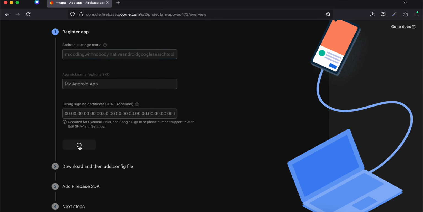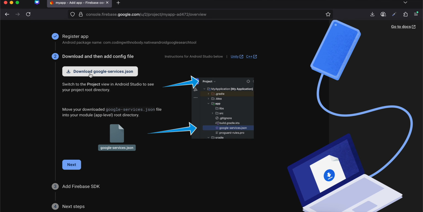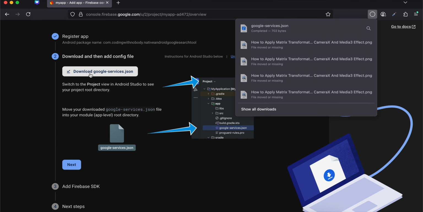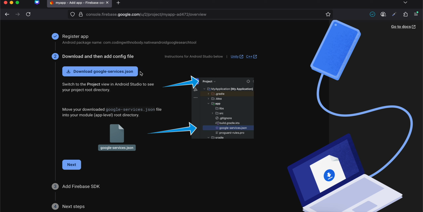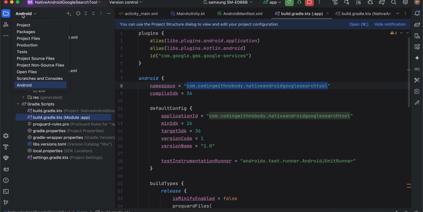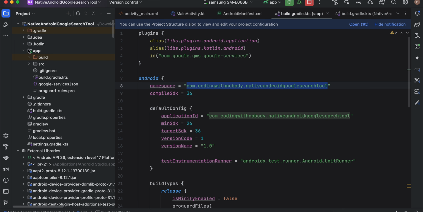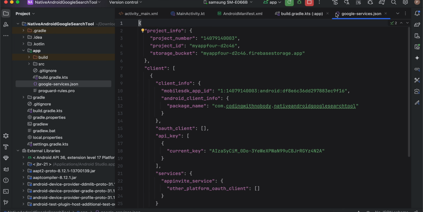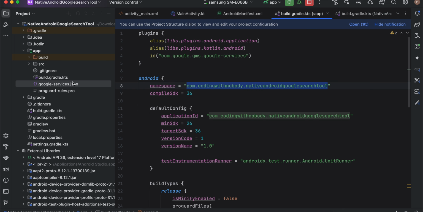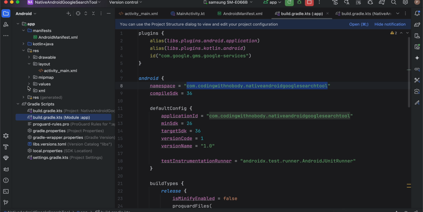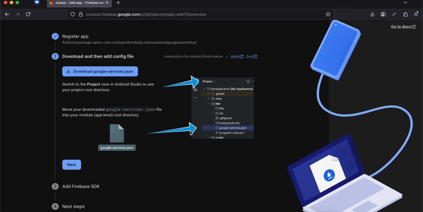Let's wait for a few seconds, and then you need to download the google-services.json file. You need to move this google-services.json file inside the app folder. Go to the project drop down over here, open this app folder, and drag and drop the google-services.json file over here. Here you can see I have this google-services.json file already dragged and dropped, so you can copy paste it as well. Then again you need to go to the Android drop down, sorry, then just click